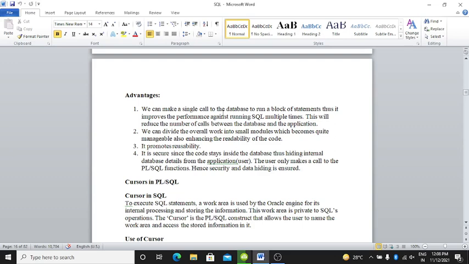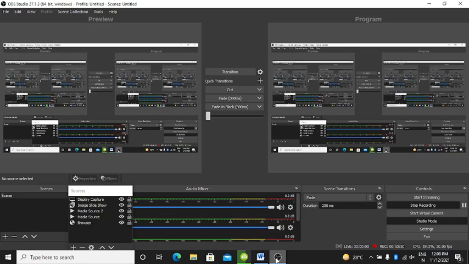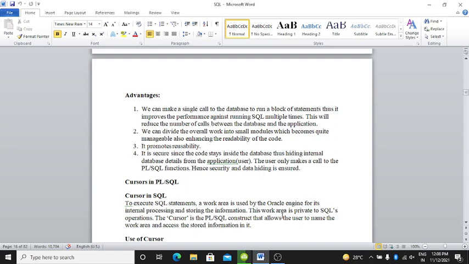Now we will move further towards the advantages. We can make a single call to the database to run a block of statements.